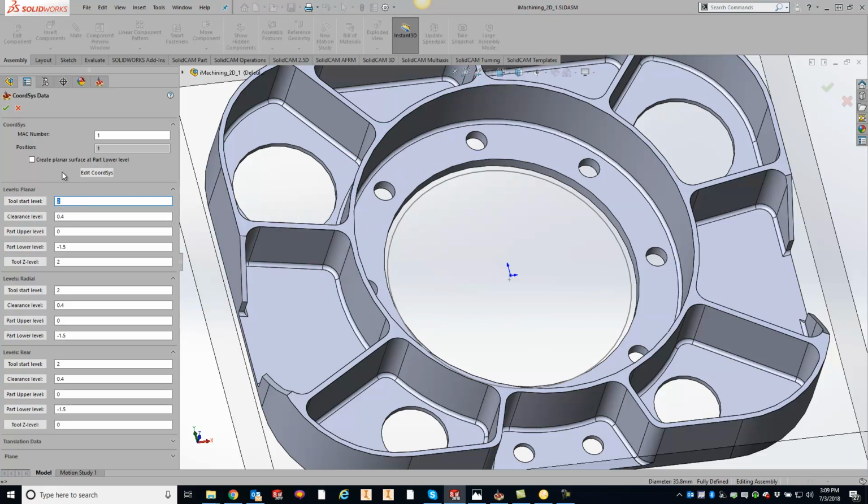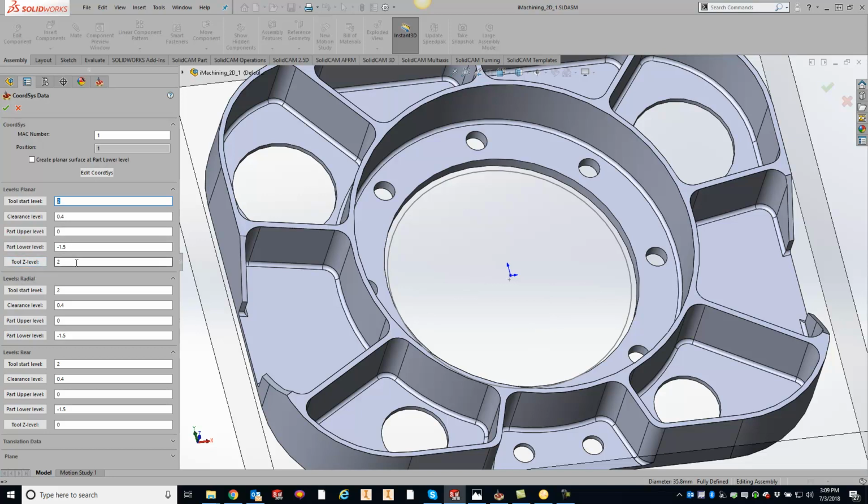So basically what's going to happen is that the tool is going to rapid down to 0.4 inches above the part. Once it hits that 0.4, then it's going to go into a G01 movement and go up to the upper level. Now, we all kind of understand the upper level and the lower level part, but what does the tool